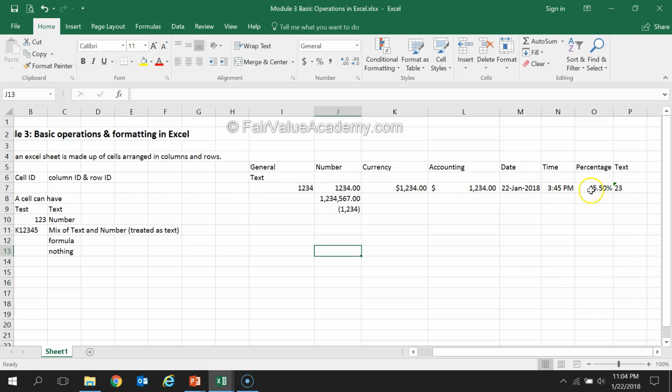So these are the different ways in which you can display numbers in Excel. At the same time, not only display, but it can be treated in that particular way. For example, if you have dates written and you have chosen as date formats, you can perform operations on it. For example, you can subtract one date from the other and find out how many number of days are between those two days. Similarly, for the time, how much time was there between the two time mentioned in the cell. So these are the different ways of formatting a number in Excel.